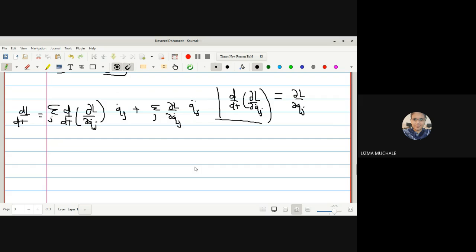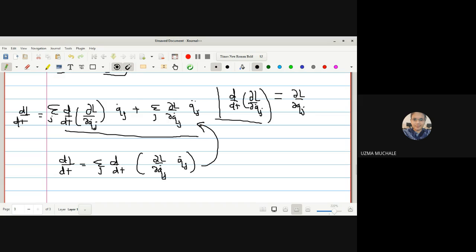Dou L by dou t is equal to 0 because the derivative with respect to t is equal to 0. बराबर. Now you can take the d by dt common from these two so that we can do some adjustment in such a way that we get the result. Okay, summation over j outside, then we can have d by dt outside and derivative of L with respect to qj dot, again here is qj dot. So after taking a derivative, no doubt you will get the same term, क्योंकि आपको u into v rule apply करना पड़ेगा, right?